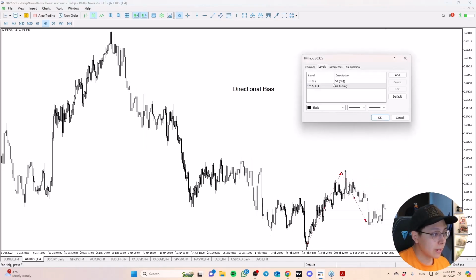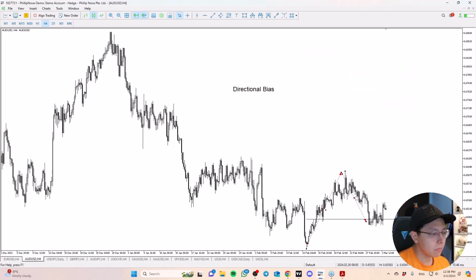Okay, let me simplify it for you as well. It bounced off the 618, right? So that's one. Now the other thing I look into is that the principle of Elliott wave suggests the markets often move in waves of three. What it means is that we have a first move up, a second move down, and we'll always anticipate a third move up. Does it need to do it? Not all the time, but there's a good possibility it's going to do it.